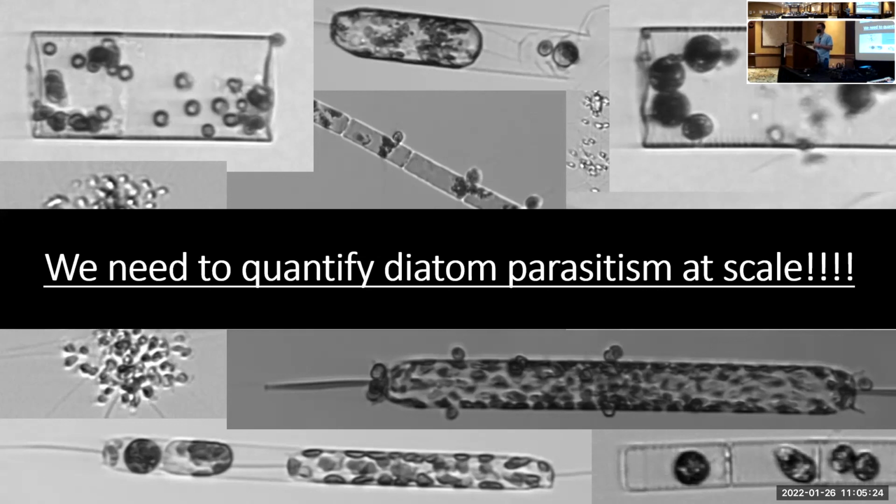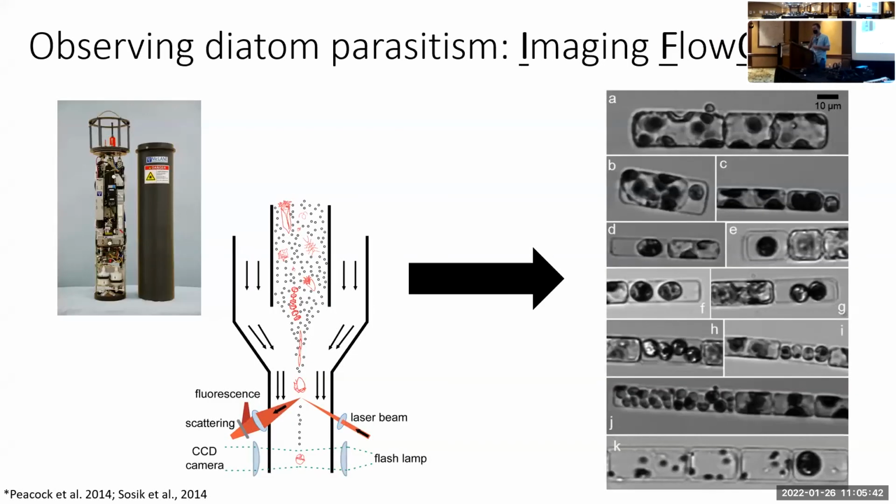So clearly, we should think about how we can quantify both diatom and phytoplankton parasitism across large spatiotemporal scales, so we can begin to understand how prevalent these interactions are, as well as how they're governed by oceanographic forcings. One way we might do that is through Imaging FlowCytobot, or IFCB, which Heidi just beautifully introduced. IFCB generates a lot of images, and some of them look like those shown on the left here.